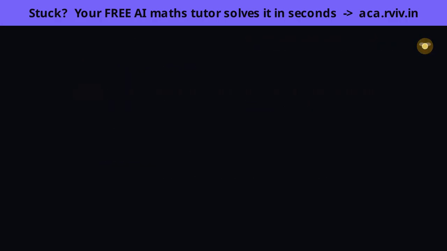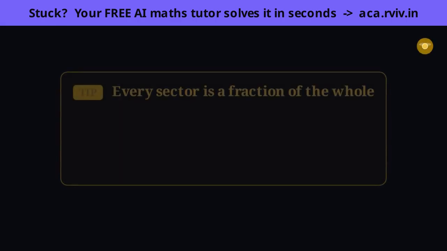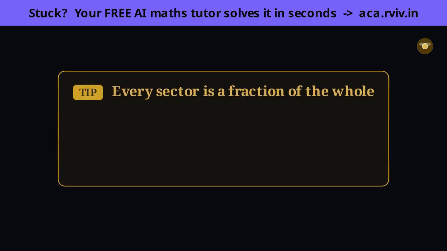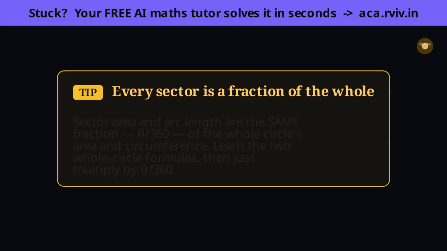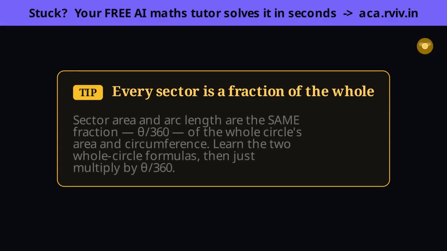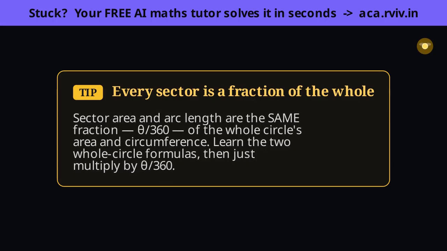A shortcut that literally halves what you memorize. Don't store separate sector formulas, store the idea that a sector is θ over 360 of the whole circle, because θ is its share of the full 360-degree turn. Then reach for the matching whole circle quantity. Take πr² and that fraction gives the sector's area. Take 2πr and the same fraction gives the arc length. One fraction, 2 jobs: area when you multiply an area, length when you multiply a length.